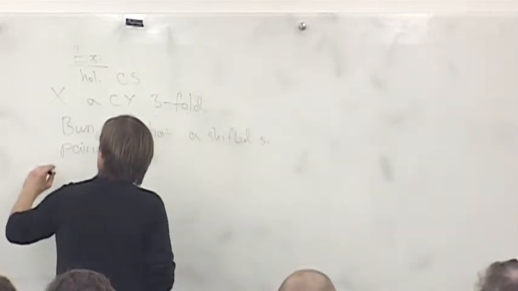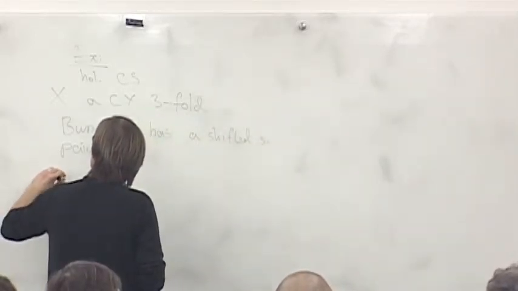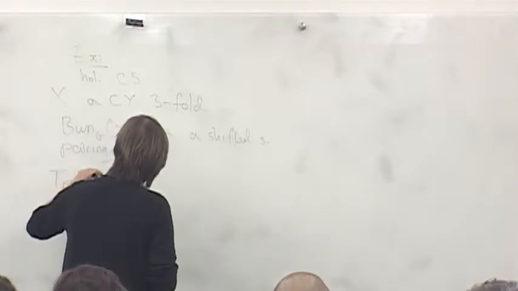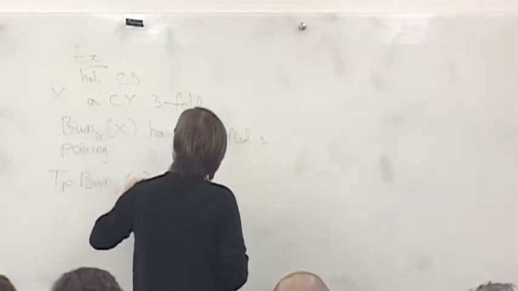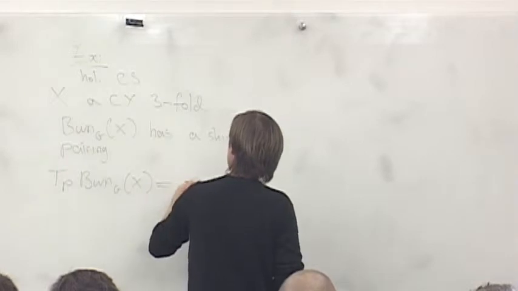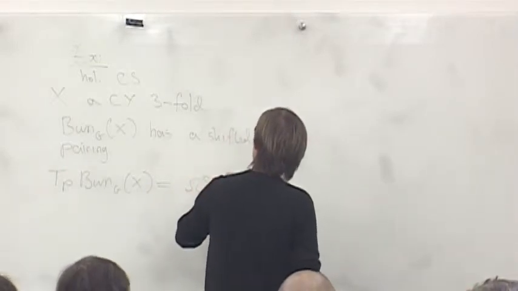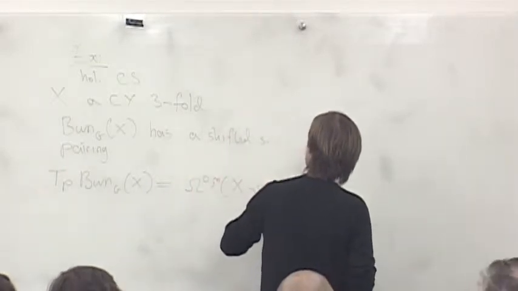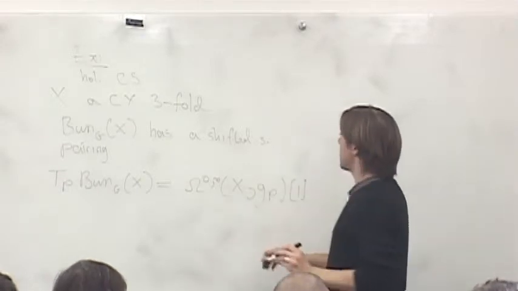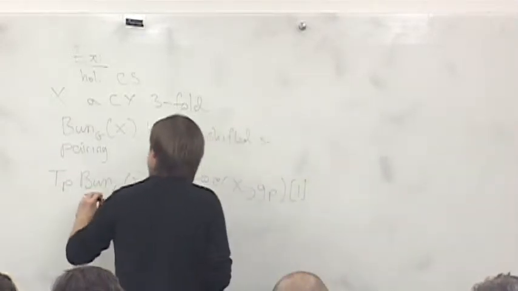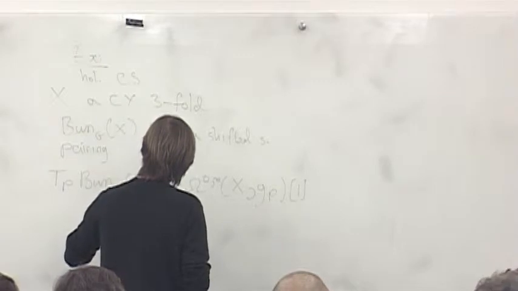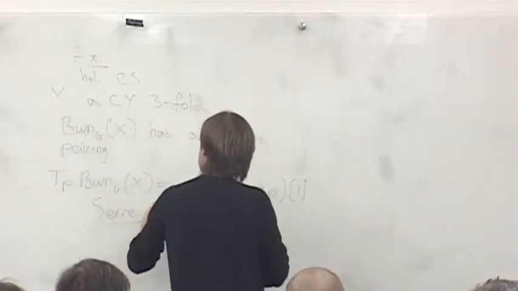And why is this? The tangent space to Bun_G of X is the Dolbeault complex of X with coefficients in the adjoint bundle, shifted by 1, and using Serre duality, even if X is not compact,